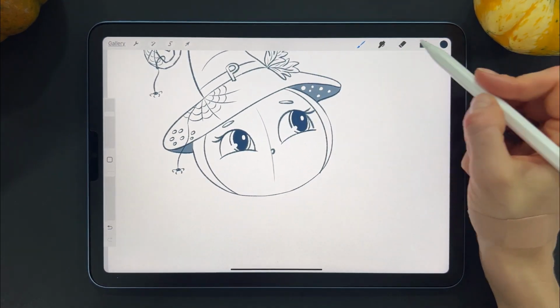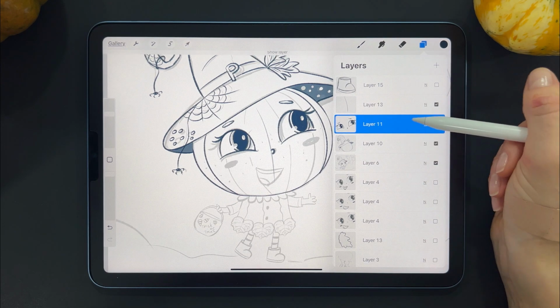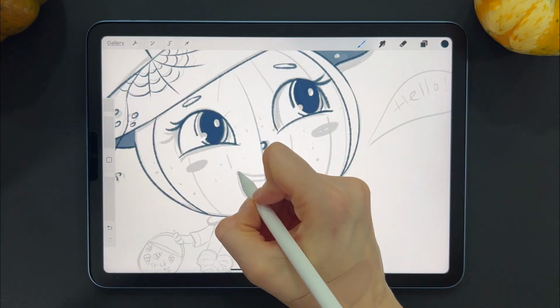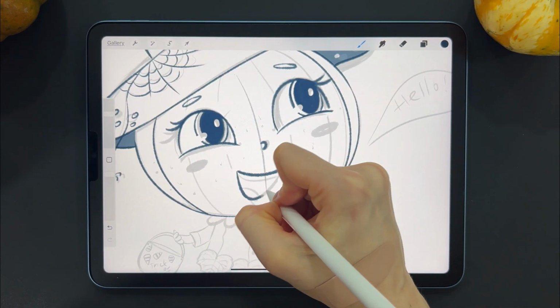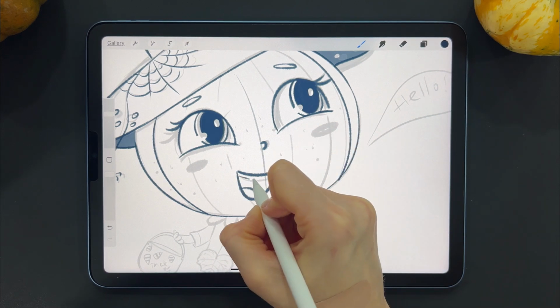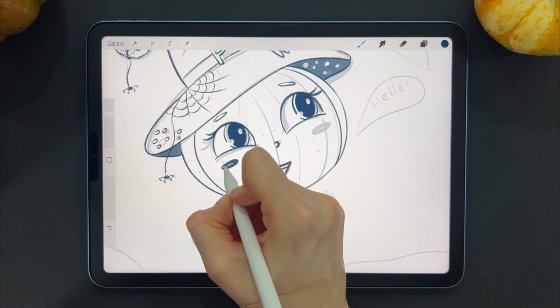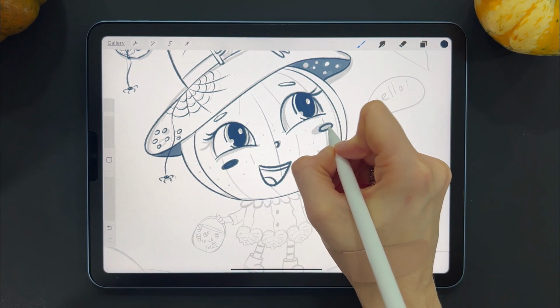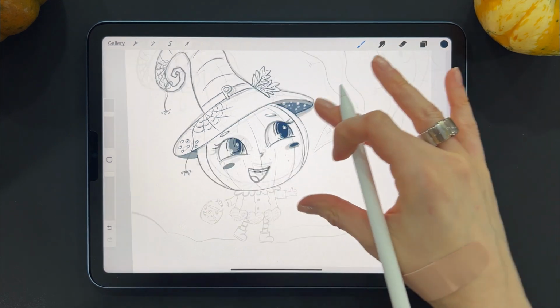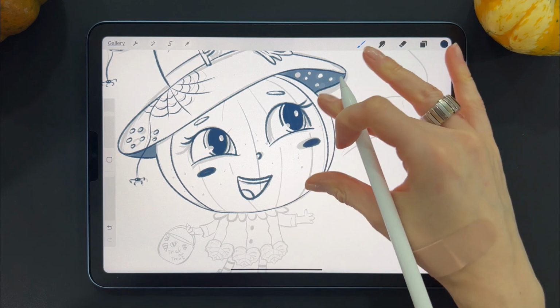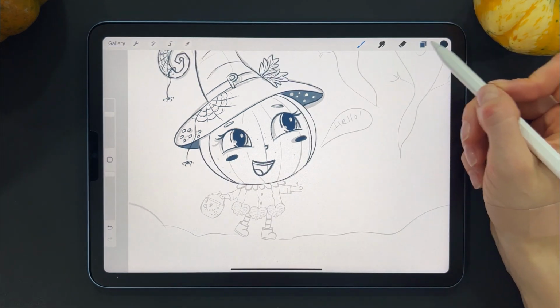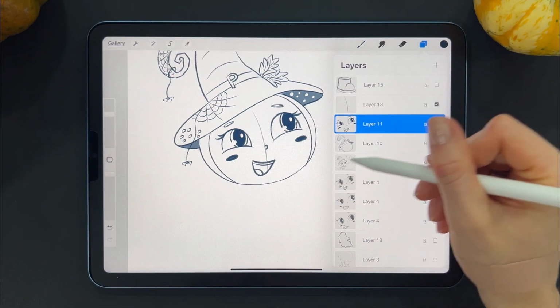And let's see, the mouth I had was this one, and this is the one I will be having. All right, she will be smiling, and I will have the blush. Perhaps I wouldn't be drawing it as is when I color, but the blush looks okay. So now is finally the time I would get rid of the